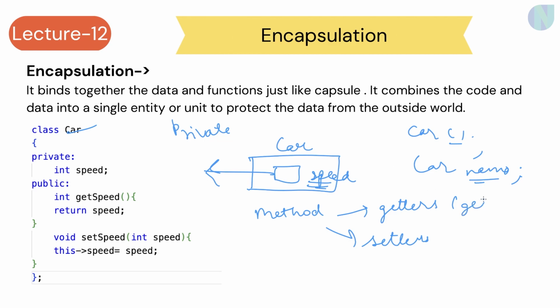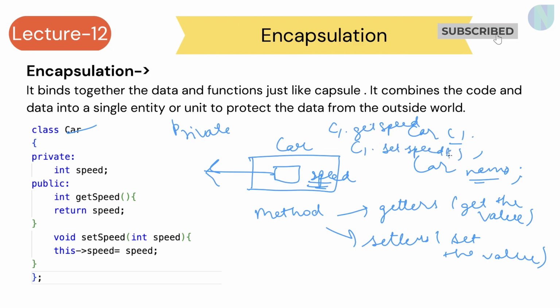Getters is used to get the value and setters is used to set the value. So basically we make these methods to get and set the values, and then we can access these methods like c1.getSpeed or c1.setSpeed. So I can set the speed here like 50, and then I can get the speed here. So we use the methods and the member function. So basically whenever I am declaring any data member as private and I am giving some methods for that particular data member to be accessed outside my class, this is called encapsulation.